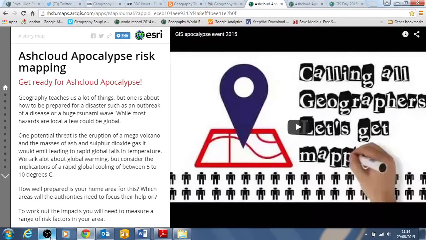Hi, this is an overview of how to participate in the ashcloud Apocalypse risk mapping event in November 2015. I'm going to be talking through this particular map, the general layout of the app, which is designed specifically for use on tablet devices, though you can use it on a computer, but do test it through fully first. I find it works fine on Chrome, less well on Internet Explorer, for example, but it was designed for the